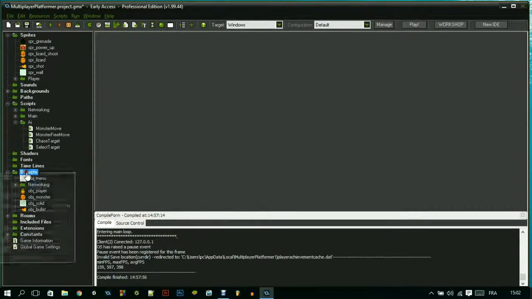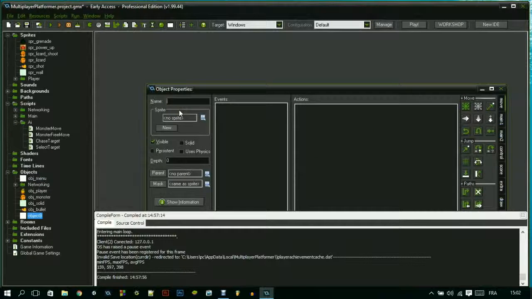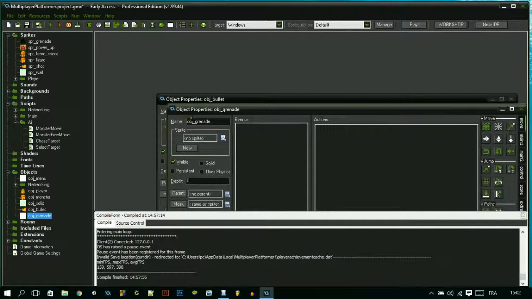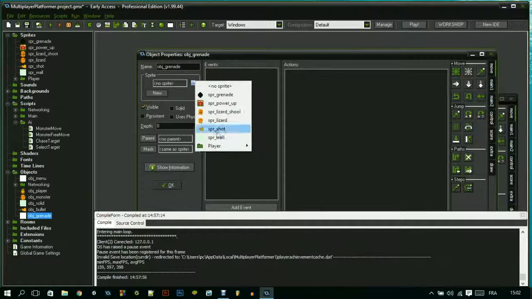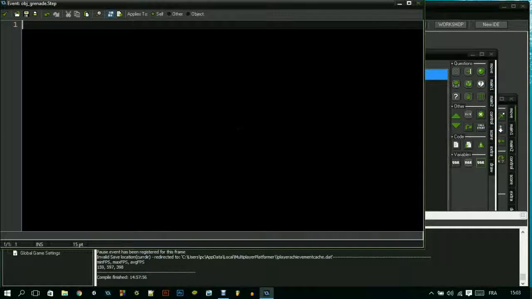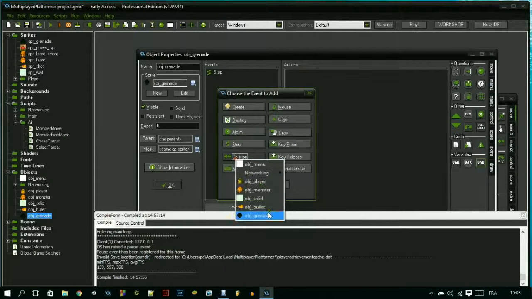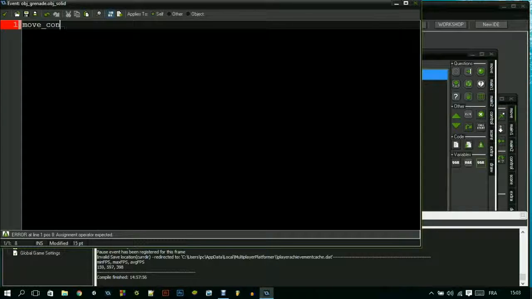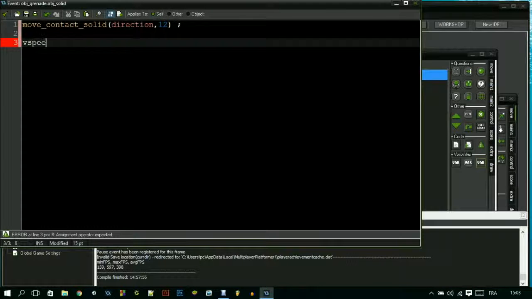So I'm going to create an object called obj grenade, and you know what, we're actually going to wait. First of all, the grenade actually needs a gravity script, okay. So gravity 1, and with the collision of any solid object, we're going to say move contact solid direction 12, okay. Vertical speed equals 0,